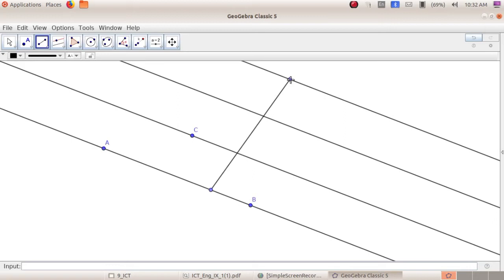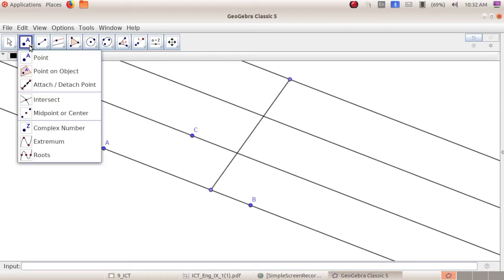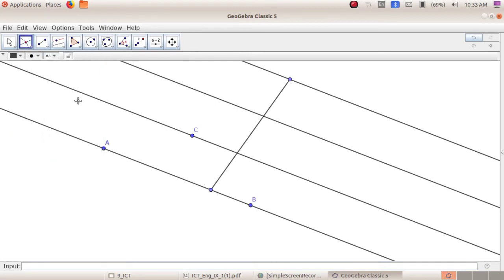You can use the intersect tool in GeoGebra to find the points of intersection. So we can select the intersect tool for finding the intersection points between these lines. Click on the intersect tool, then click on the segment and click on the line to find the intersection point.